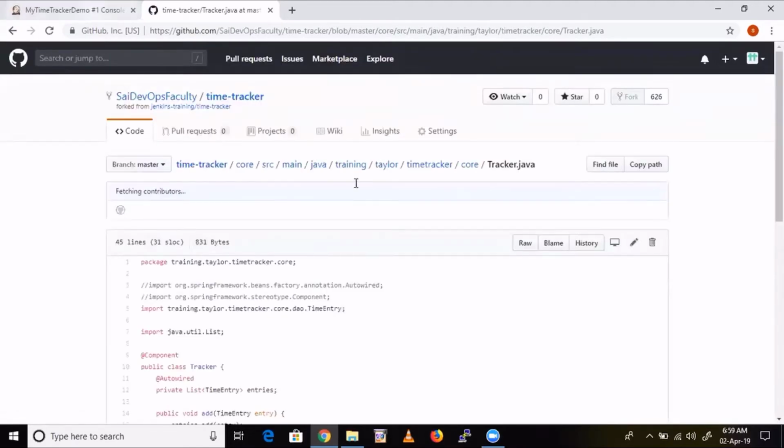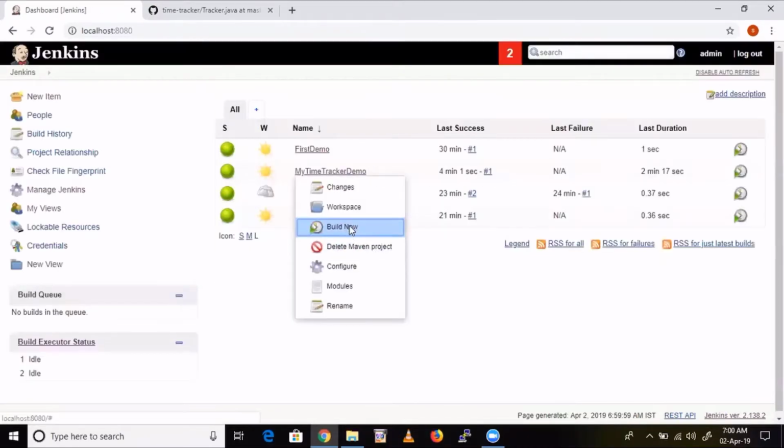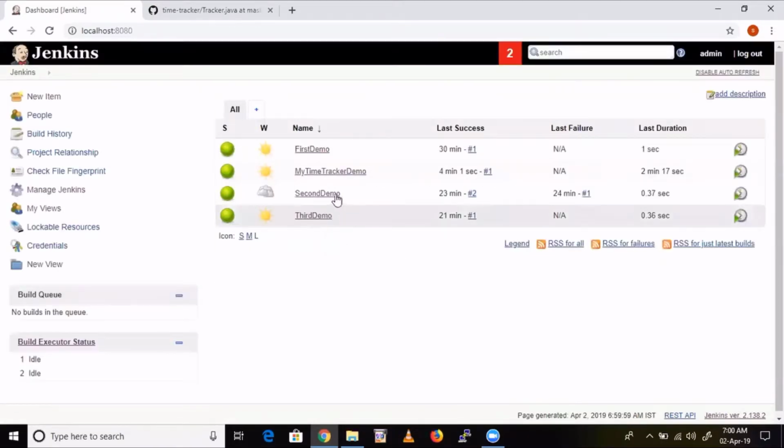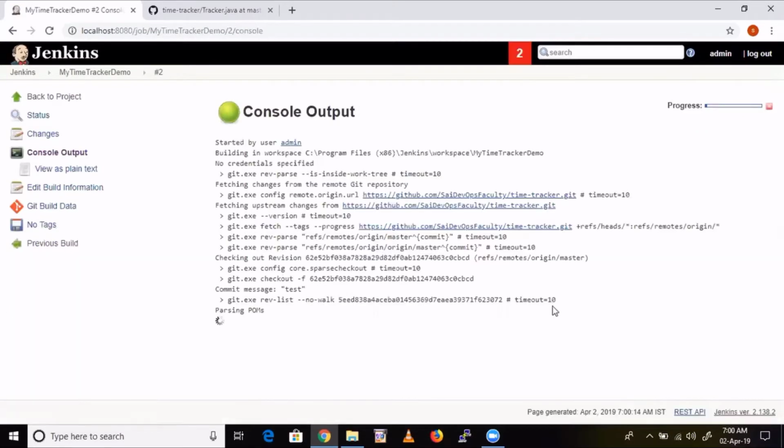Now over. Now what do we do? Go back to my time tracker demo. Build this job again. Build now. Now see, definitely it will throw error. See here, the build is in progress. Now let's see this console output.